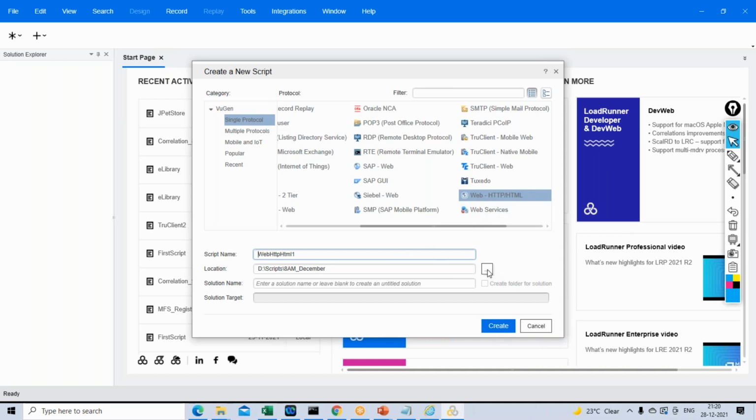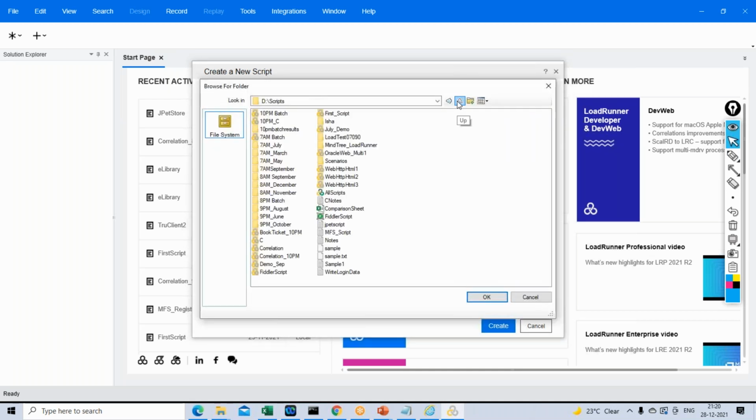And then I would like to create a new folder.